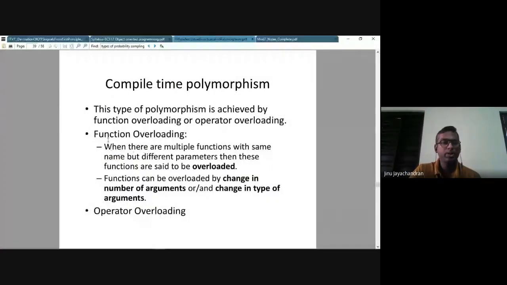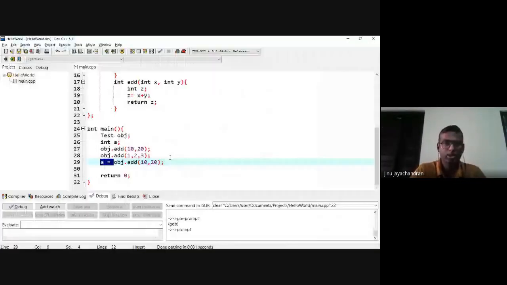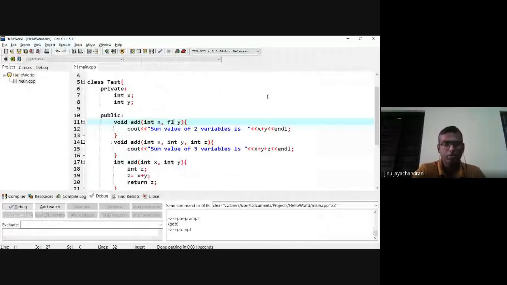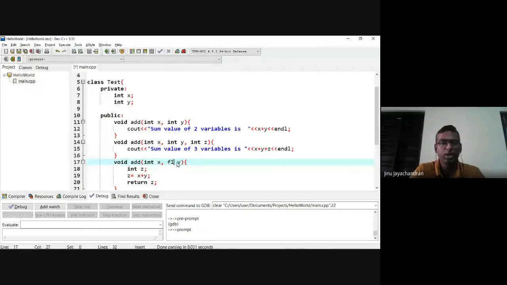Function overloading means when there are multiple functions with the same name but different parameters, then these functions are said to be overloaded. It can be a change in the number of arguments or a change in the type of arguments. For example, I can have something like this, void, and this can be float.